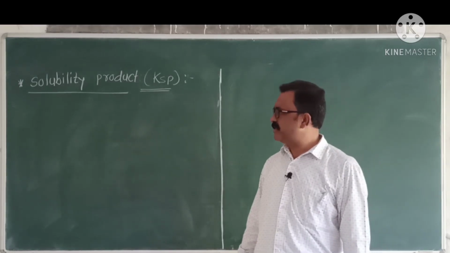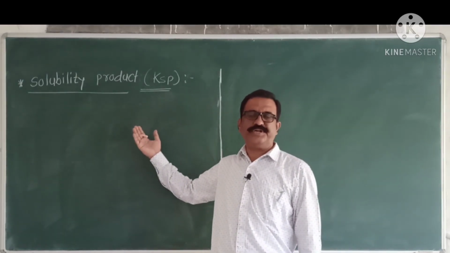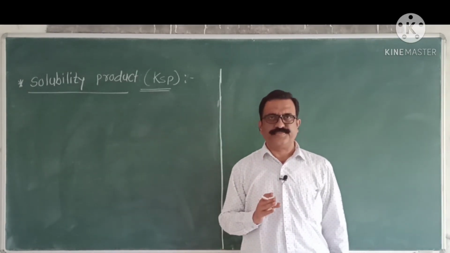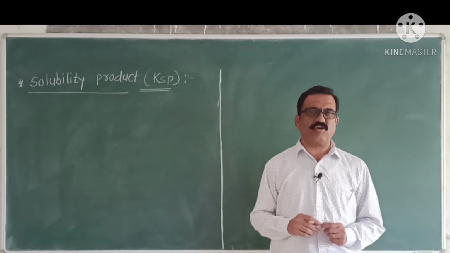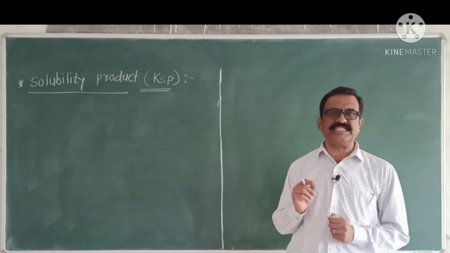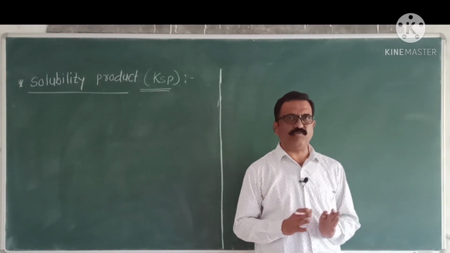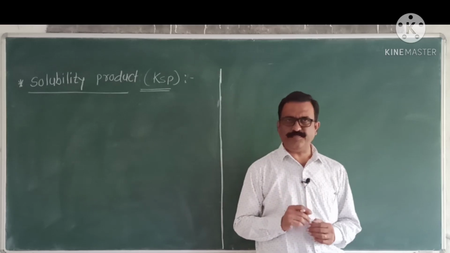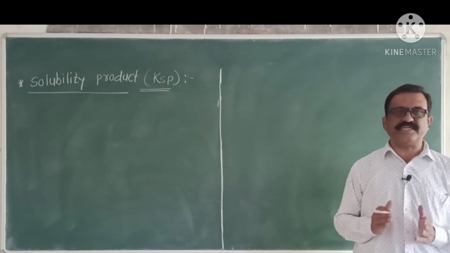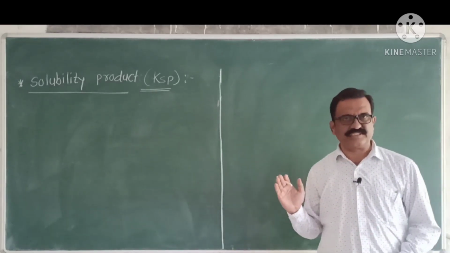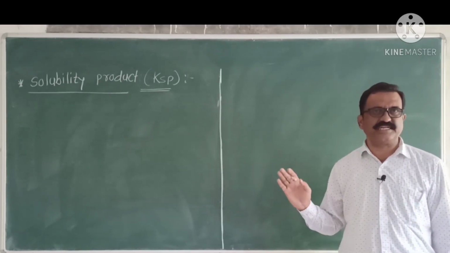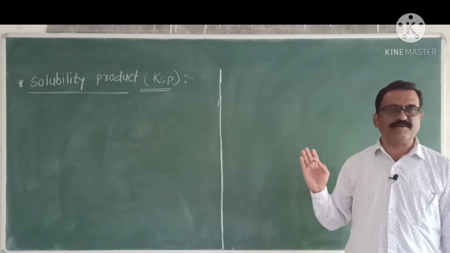We know that the ionic product of water, which is represented by Kw, means the product of a concentration of hydronium and hydroxyl ions present in water. That is, Kw is equal to concentration of H plus into OH minus, or concentration of H3O plus ions into a concentration of OH minus ion is ionic product of water.